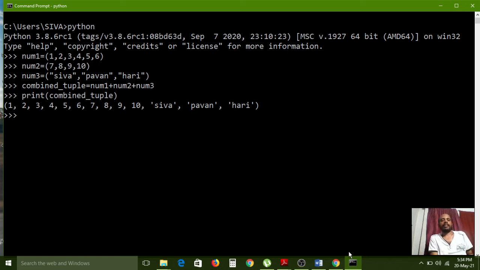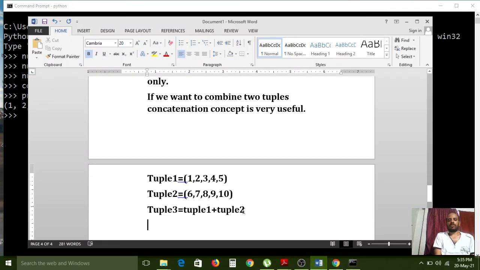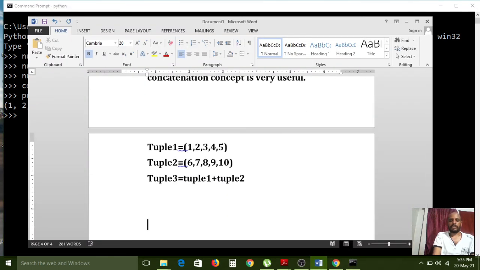So like that, the concatenation operation is successfully completed here. Now we have to understand how to combine different tuples of data. So this is the possible way to combine. Now I would like to explain the next concept, that is called multiplication.